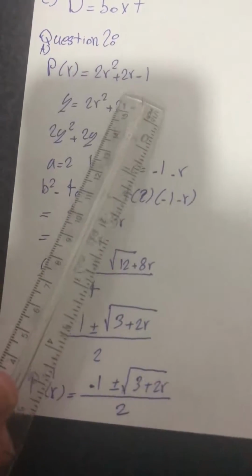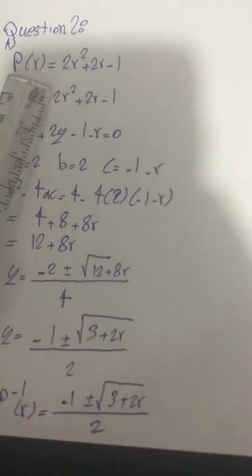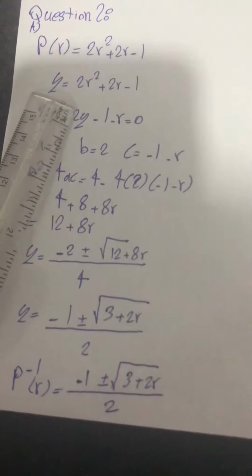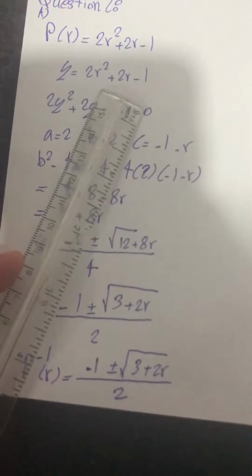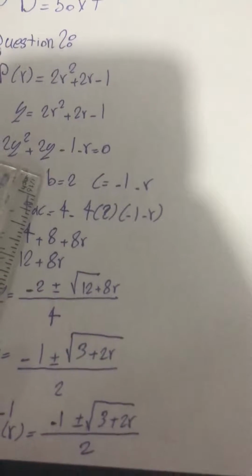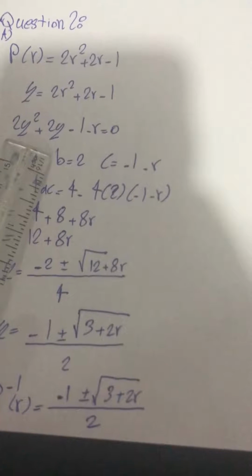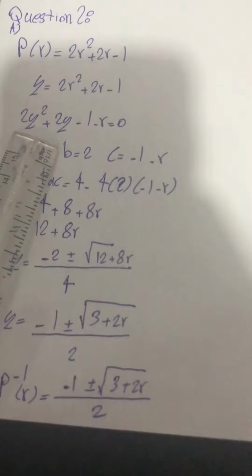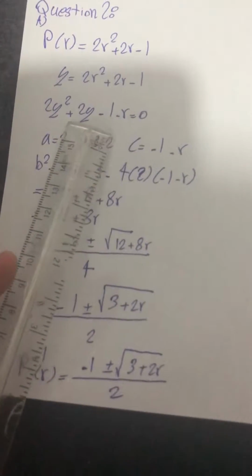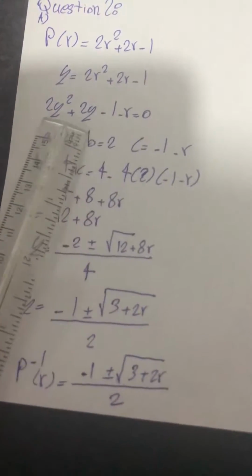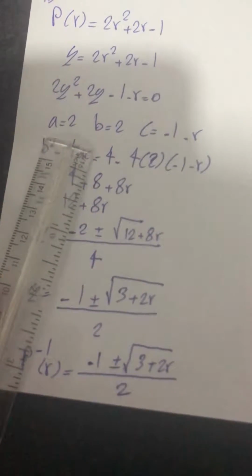So this is our first equation, and the first step is to replace the f(x) as you can see here with y. So we rewrite the equation and it will become like this. And step 2 is we set the equation equal to 0 and replace r with y. So as you can see here, we replace the equation with 0 and we replace the r with y. Okay, now